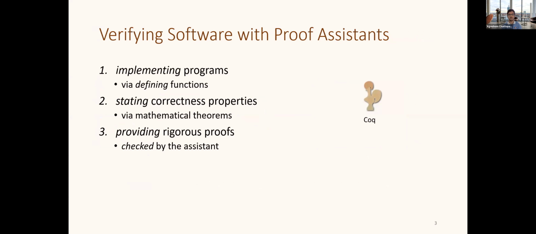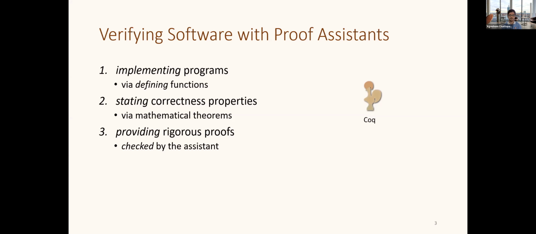To move forward, the way we propose to do this is to use proof assistants or interactive theorem provers. An interactive theorem prover is an environment where after implementing a program, we can state correctness properties in terms of mathematical theorems, and then we provide rigorous proofs, which will then be checked by the assistant. Human-checked proofs often rely upon a vast amount of background knowledge and intuition that the human reader has. However, this sort of knowledge is missing with the proof assistant,